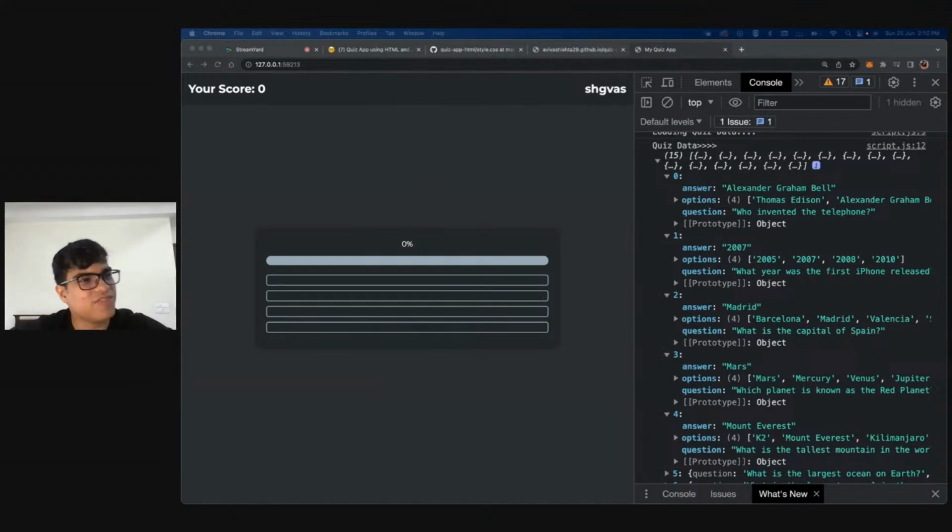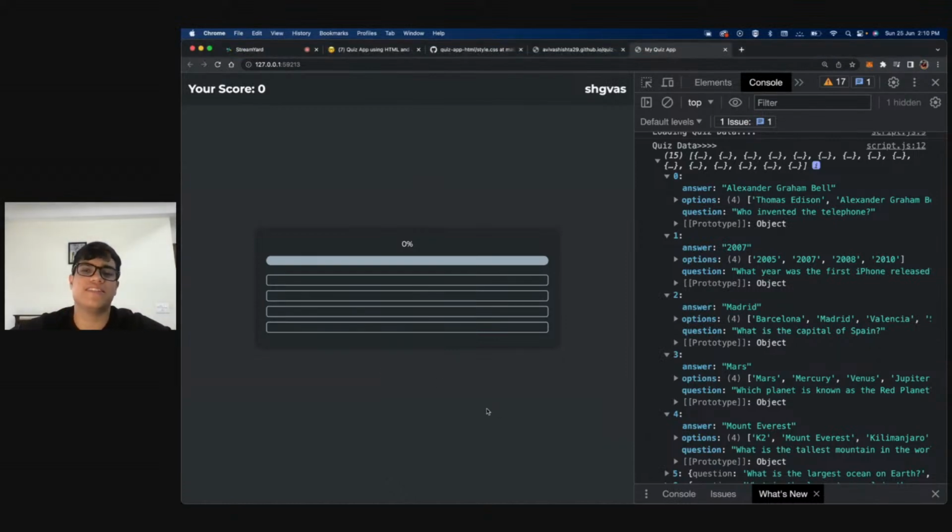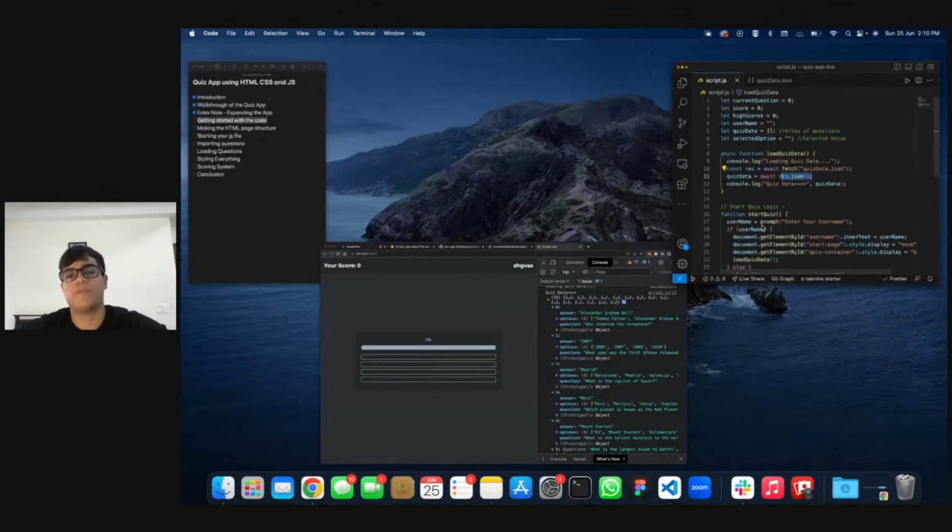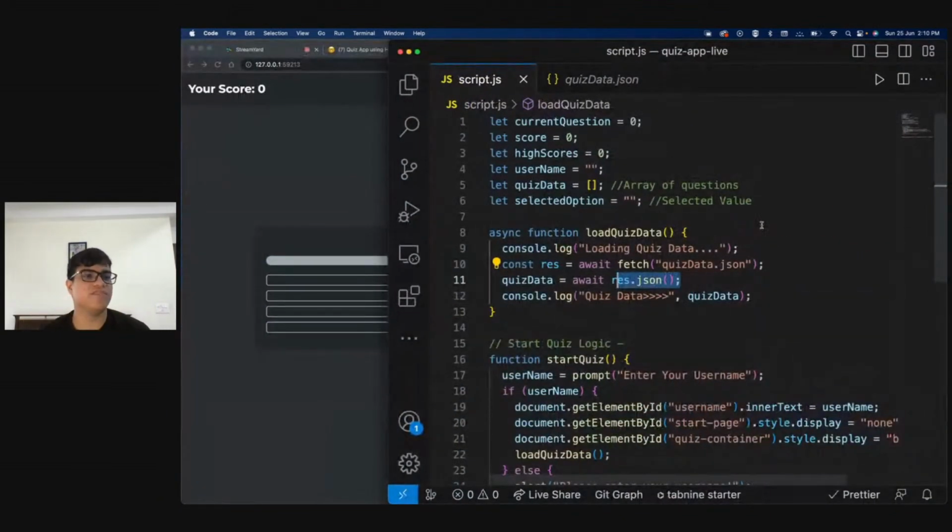Okay. So Pratik says, why are we using await? So Pratik, the reason why we're using await is because this operation is what we call an async operation. And for an async operation, we just need to say that okay, this data is something which is coming from somewhere else. Now that data can take 10 seconds, it can take some milliseconds, it can never come, it may come, right? That is why we tell JavaScript that hey, you need to wait for this data because this data is not in my control, right? This data is something that is coming from a different file or from a different location. So you say that you will have to wait for this data.